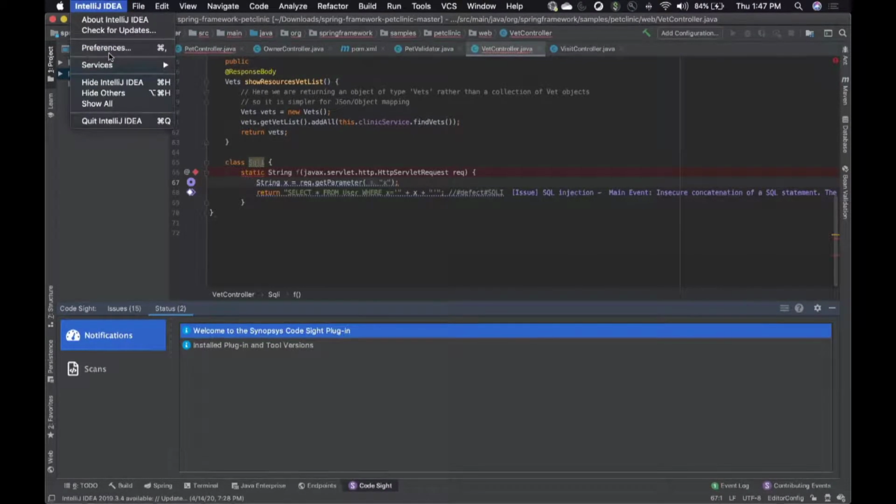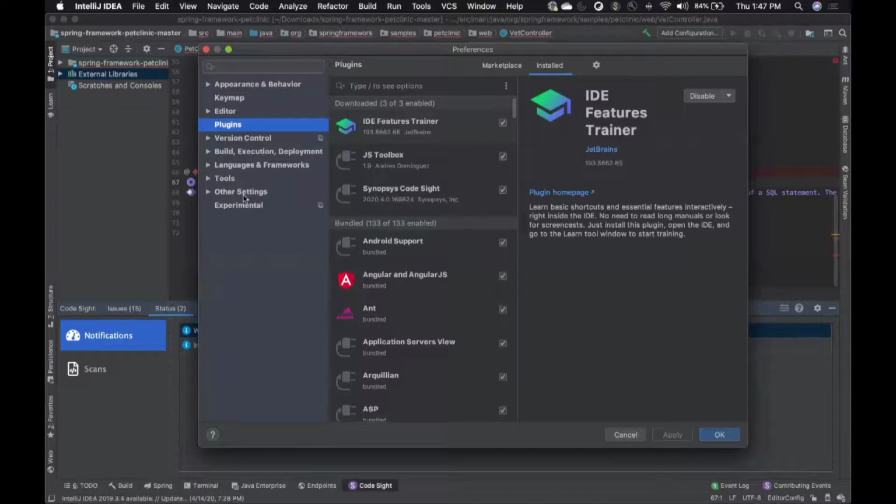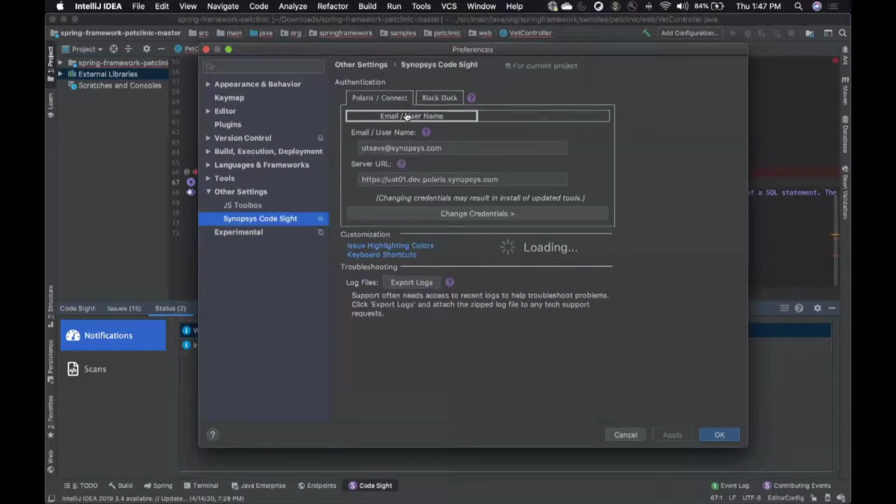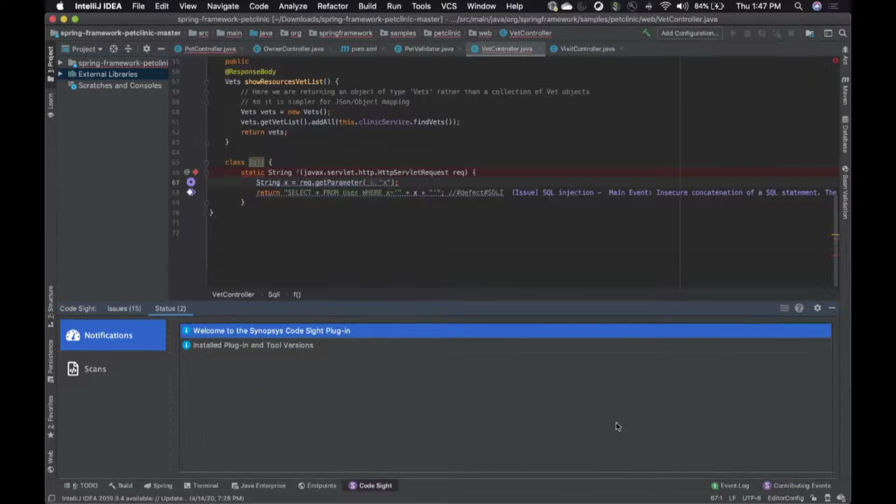But the typical login sequence would ask you to do something like this. Just enter your username credentials, your server, and you can enter your password. Same goes for SCA, and that's the only configuration. So what I wanted to highlight here is, be it static analysis or SCA, the configuration is very minimal, and